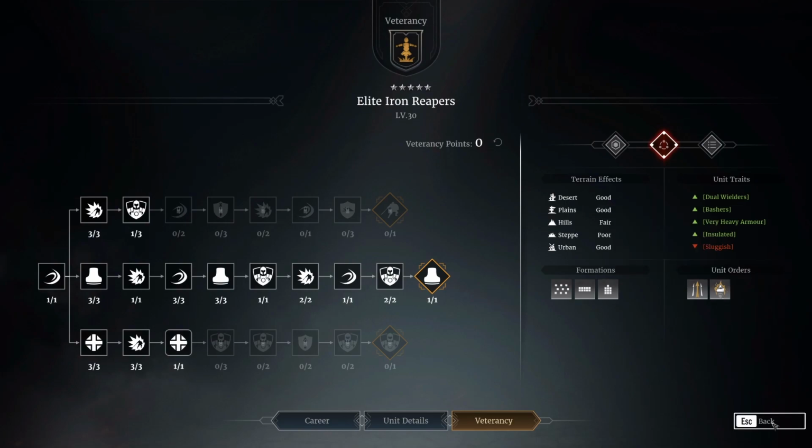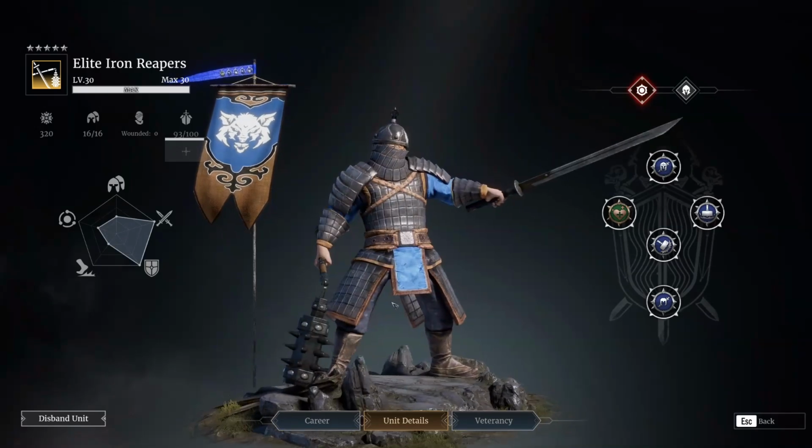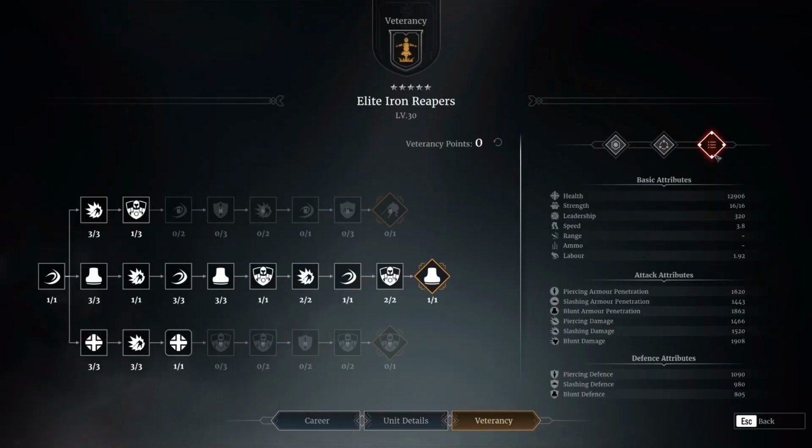bit better. Now these guys have had their heavy armor unit trait added to them, which actually gives them 17% reduction against all melee damage. So they are a little bit susceptible to range damage still. However, melee damage they now have a 17% additional bonus against, which I can tell you does make a huge